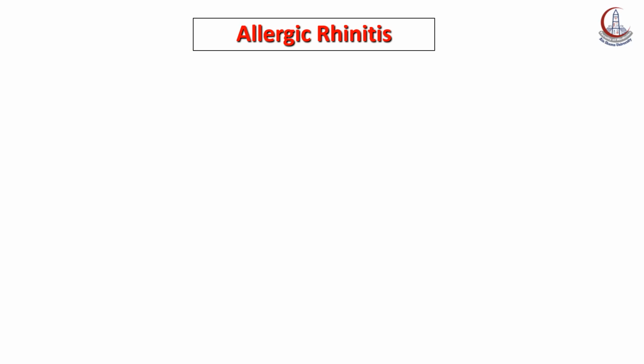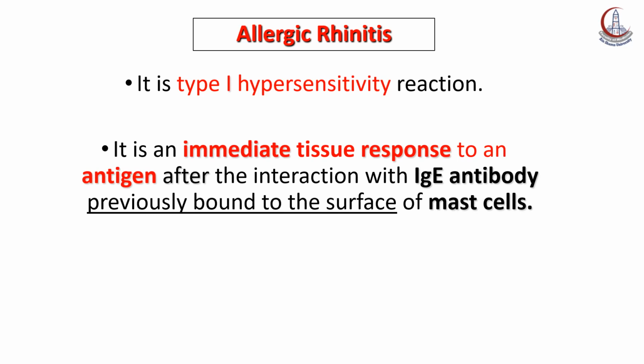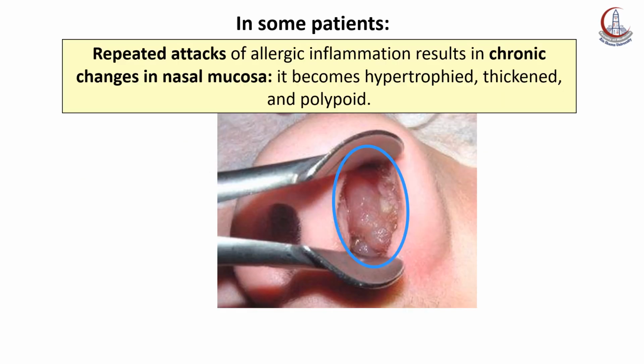Allergic rhinitis, it is type 1 hypersensitivity reaction. It is an immediate tissue response to antigen after the interaction with immunoglobulin E antibody previously bound to the surface of mast cells. It occurs in a sensitized, susceptible person. After repeated attacks of allergic inflammation, results in chronic changes in the nasal mucosa. The nasal mucosa becomes hypertrophic, thickened, and polypoid, causing formation of